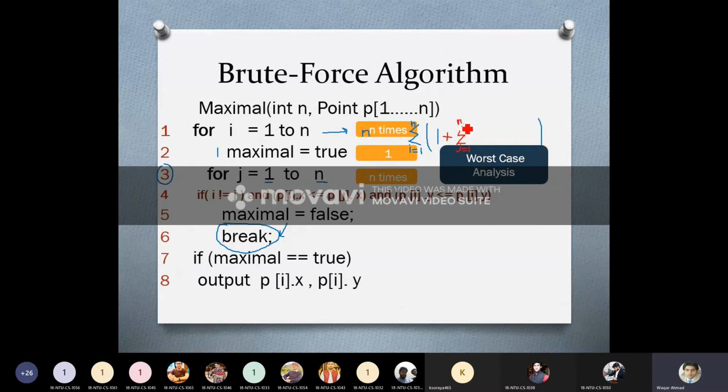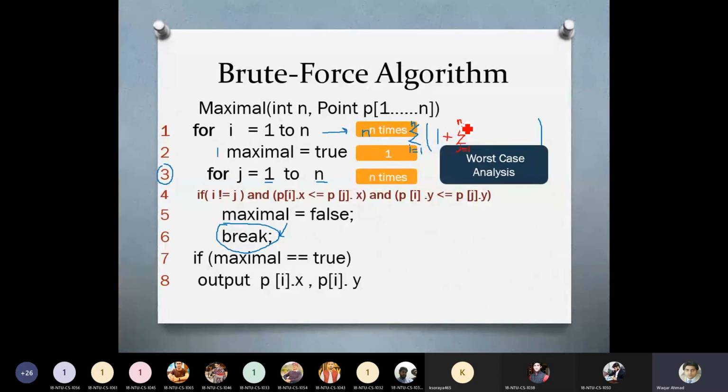So whenever you find a loop inside your algorithm, you simply replace this loop with this summation symbol. And this summation symbol is actually referring to the loop inside your algorithm.